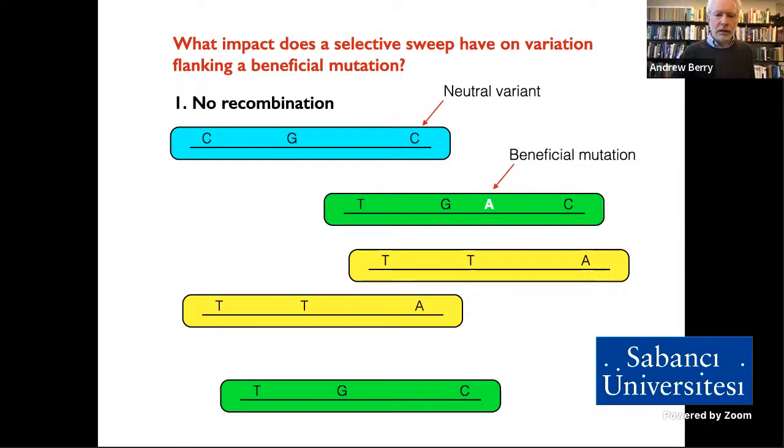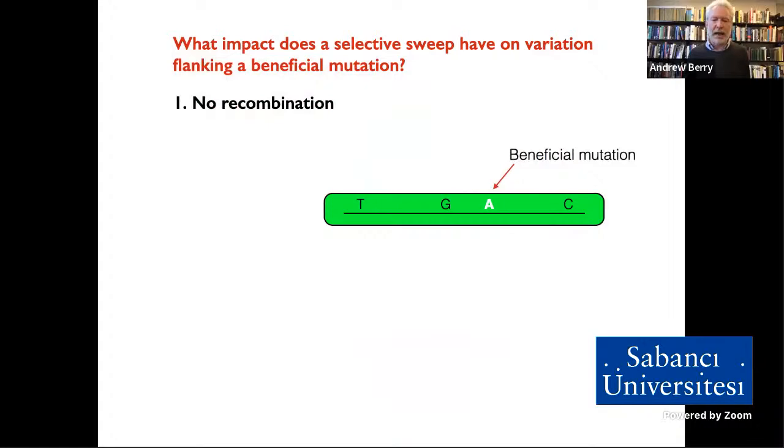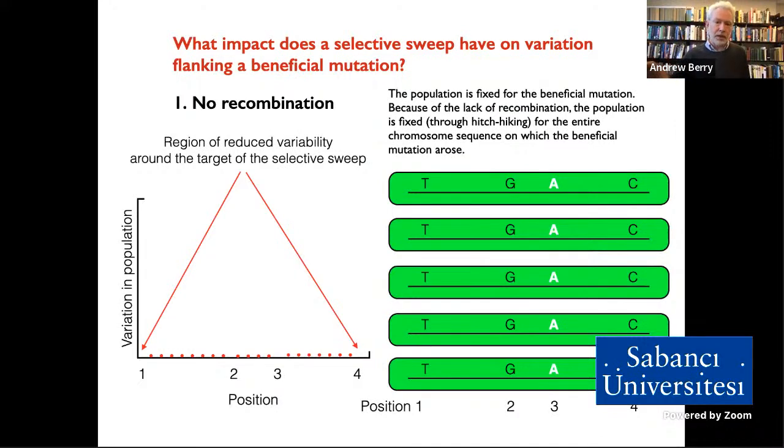What does that result in? What it results in is essentially the elimination of all chromosomes without the white A. So eventually the entire population will be comprised of individuals with the white A. That's what natural selection does, right? But notice, and this is the critical thing, the entire population is fixed 100%, not just for the white A, but for the flanking variation. In other words, the variants at those three other variable positions that happened by chance to be associated with the white A.